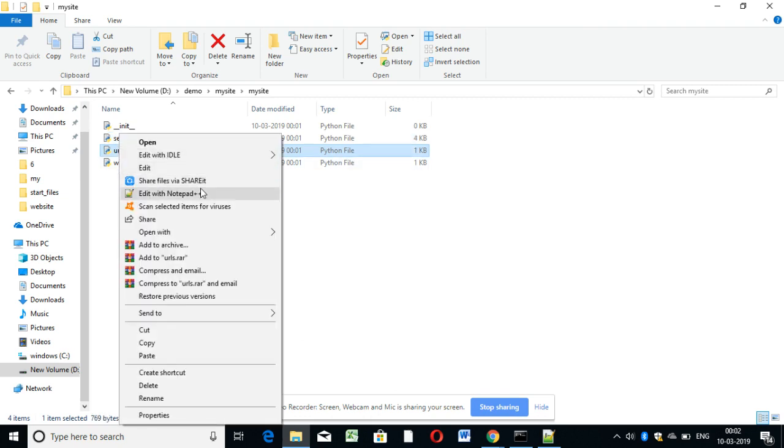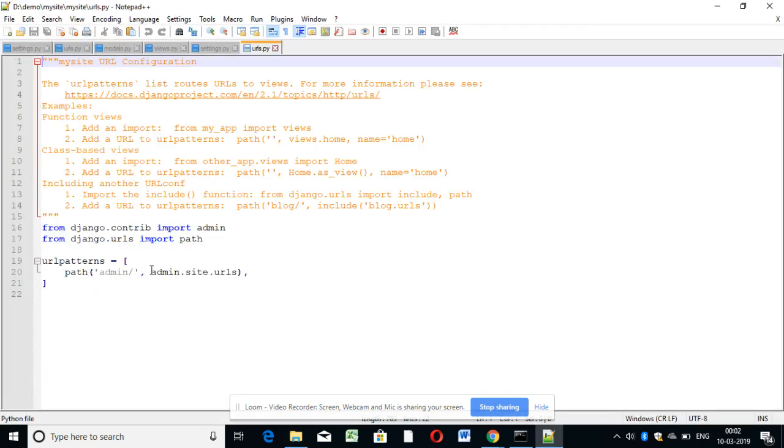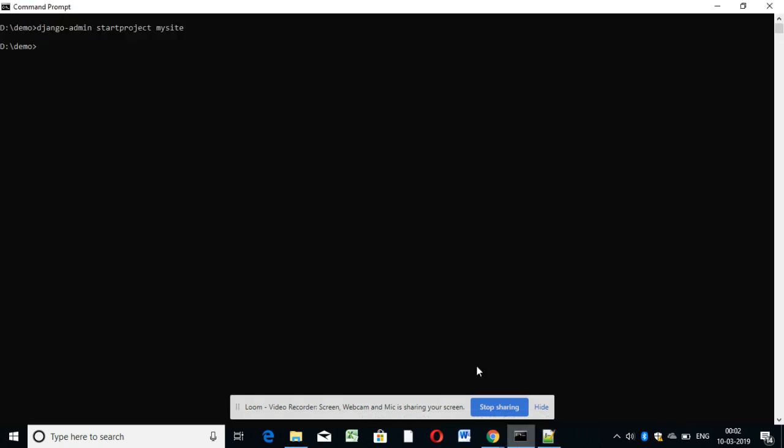There is another file called urls. Here the URL structure is defined. So we have the project ready here. Next, let's start